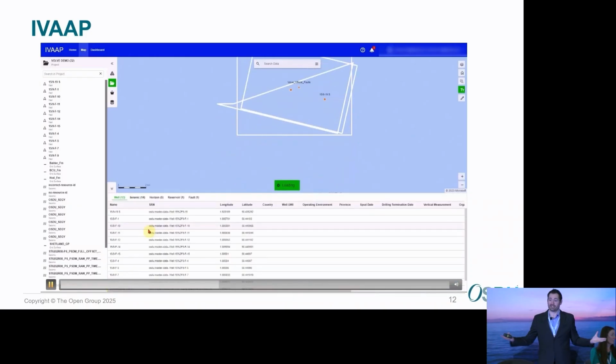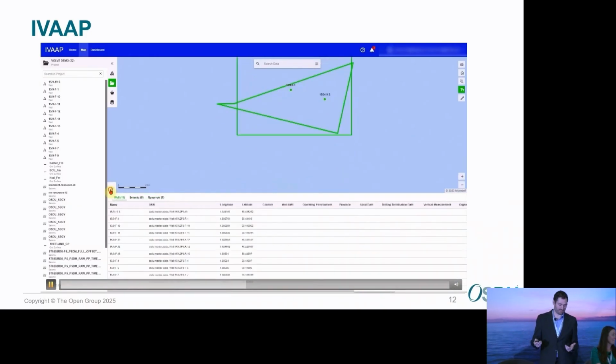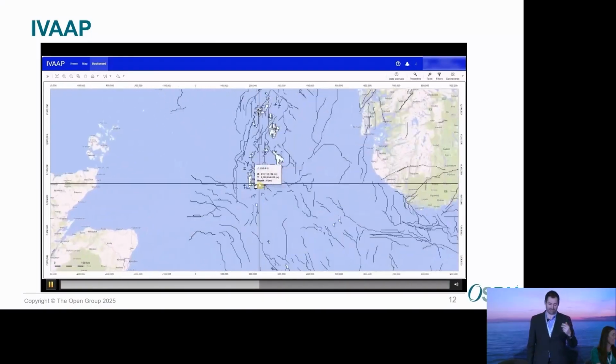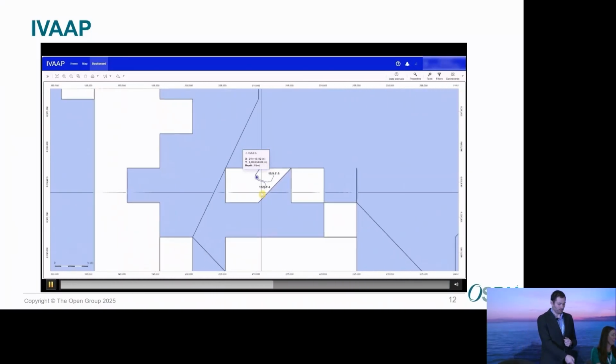The goal of OSDU is to bring it all together, right? So this is one of the tools that can show that. So we're using it here to show some of the simulation. But you can even see we saw some SEG-Y files there for seismic too. So we'll navigate to the